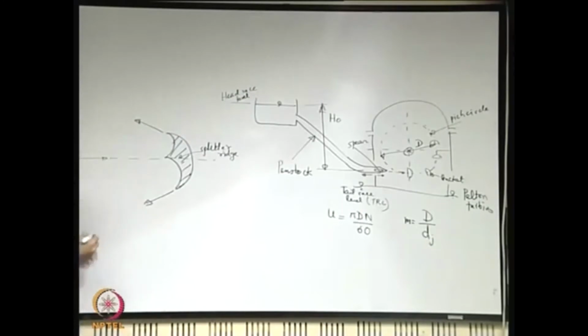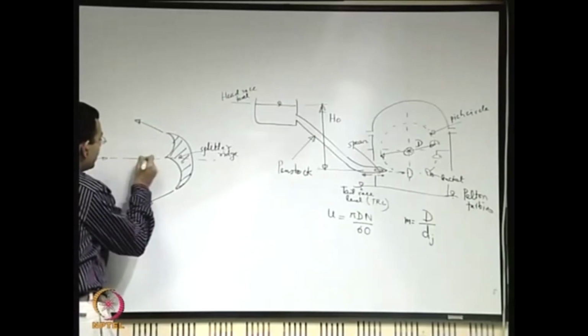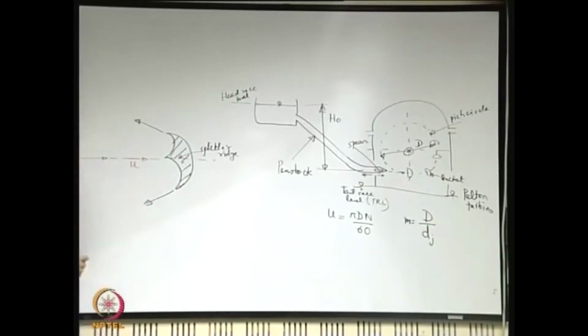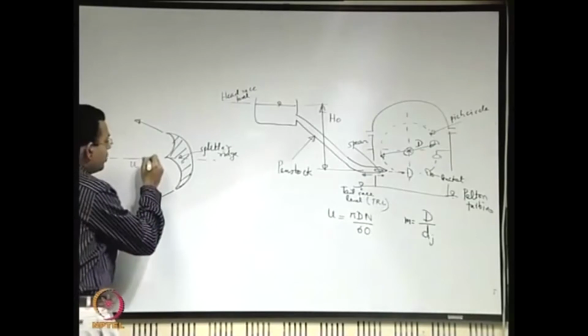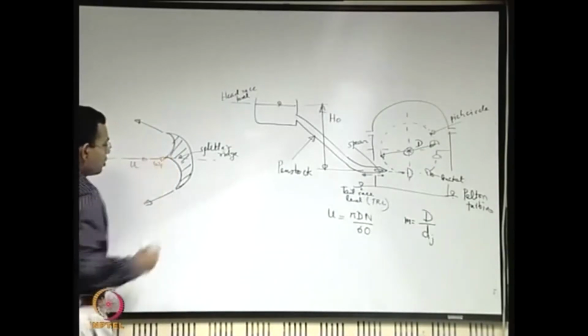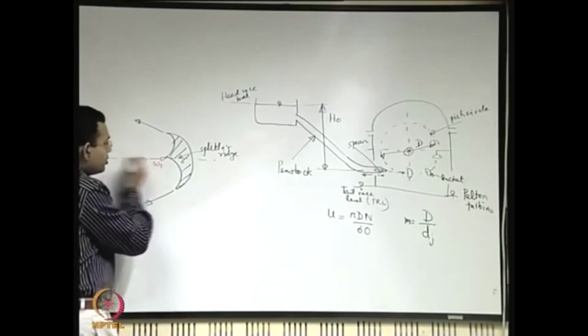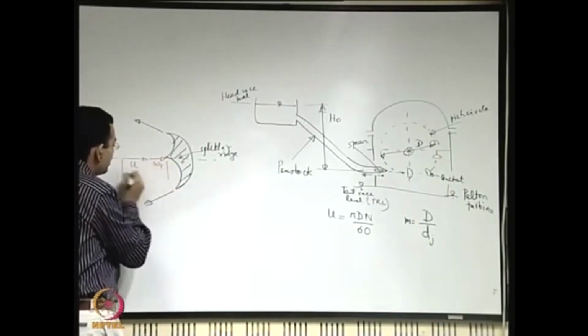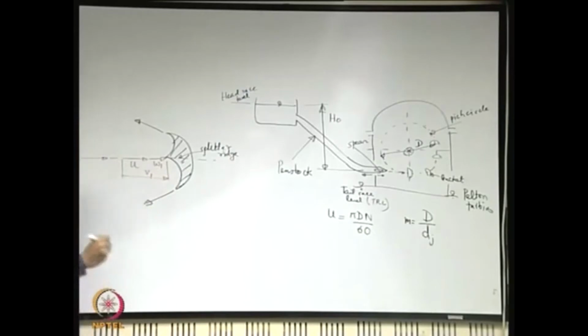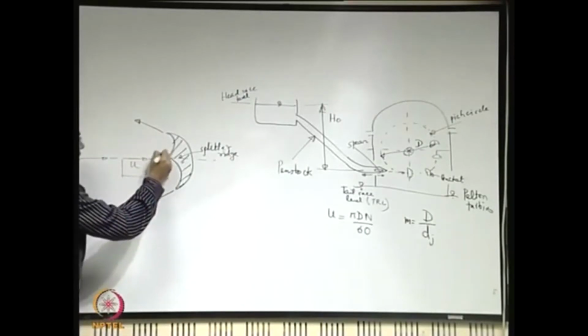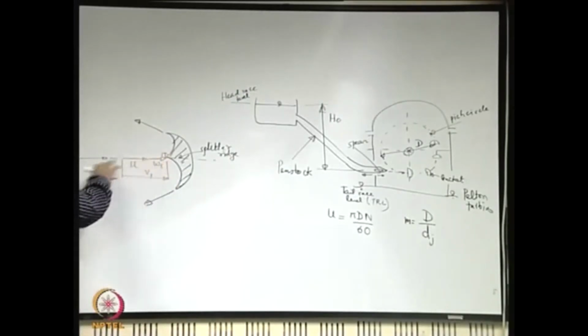If you want to draw the velocity triangles, first of all you have the velocity of the wheel as u, plus the velocity of the water relative to the wheel, which is w. We are using the same symbols that we use for the pumps, and here all those are in the same direction, and the absolute velocity v1 is the sum of them, here just the scalar sum because they are in the same direction, fundamentally the vector sum.